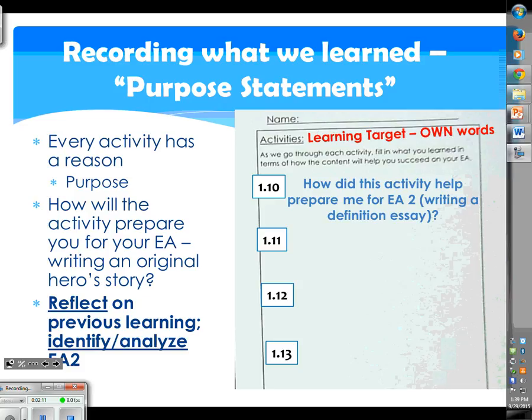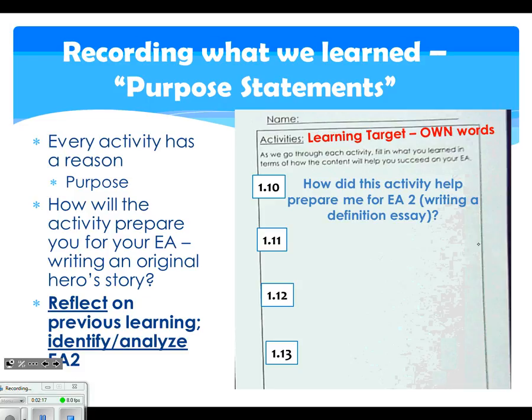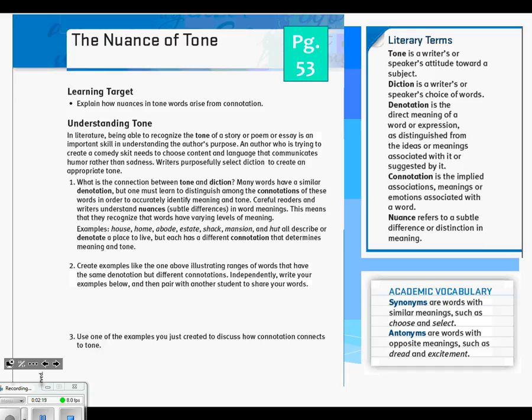Page 53 is where we're picking up. And we're going to have a brand new activity. So that means we're going to begin to look at what? Good, learning targets. Now, you've only got one for activity 111. So take a moment, quickly diffuse it, and figure out what it is that we're going to be looking at. What are we practicing?